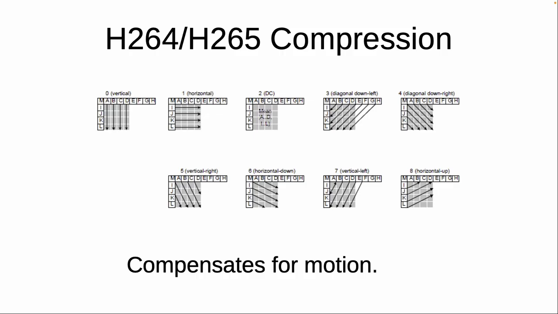H.264, H.265 pattern compressions, they can compress things maybe twice as far, require half as much space as the previous ones. And part of how they do that is they allow for the image to shift in multiple directions by a small amount. So it compensates for motion. And H.265 also can use variable size blocks. And it also can do continuously changing values. So all kinds of techniques, all still patented.